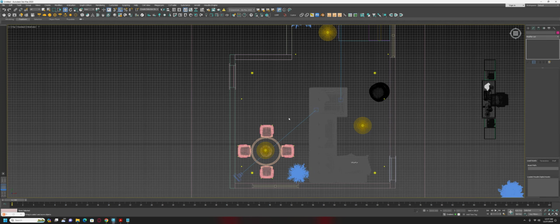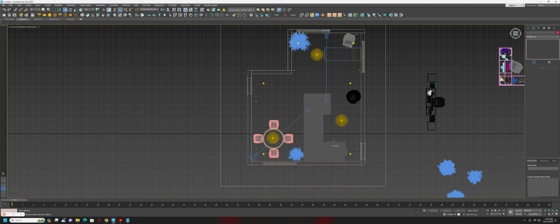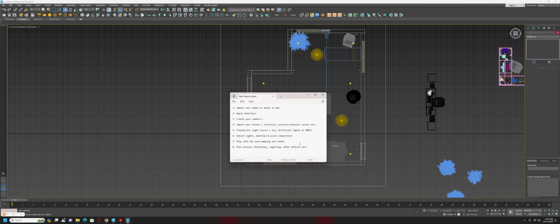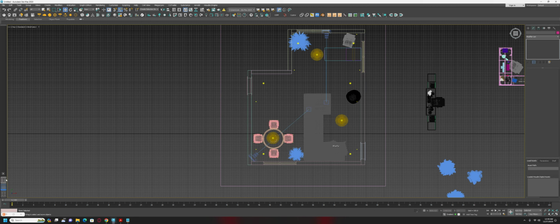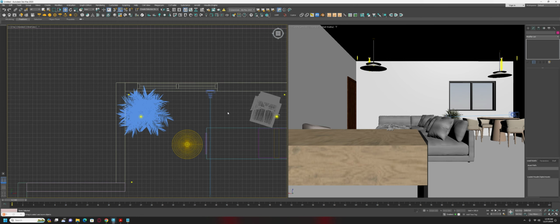Okay. And what we're going to do here is that we've imported our assets. We've created a light source. We've adjusted the lights a bit. We're not yet to do material assets and asset composition. So to do this, we're now at this stage. So to do this is very simple. We're going to have to go into our 3-quad like what we did here before, and